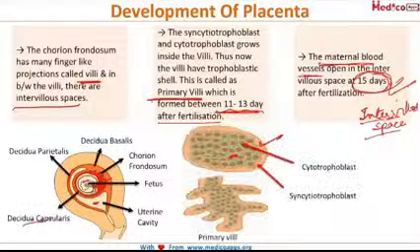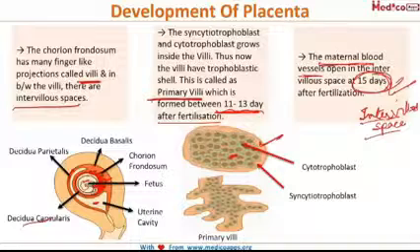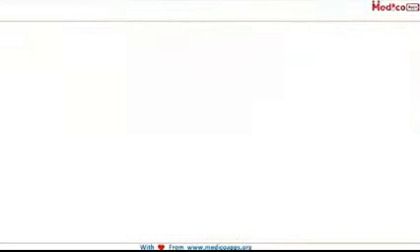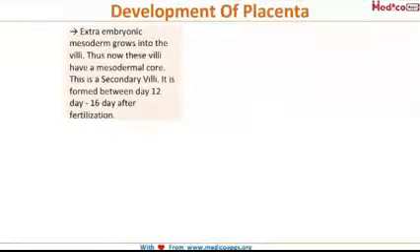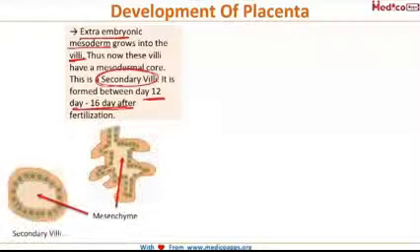And this is the picture for our primary villi, in which the syncytiotrophoblast and the cytotrophoblast grow inside the villi, and this occurs at 11 to 13 days of gestation. Now, between the 13th and the 16th day, the extra embryonic mesoderm grows inside these villi, and these villi now become the secondary villi. So, secondary villi is formed between 12 to 16 days after fertilization, and we can see here this is the extra embryonic mesoderm which is growing inside the villi, and this is the structure of a